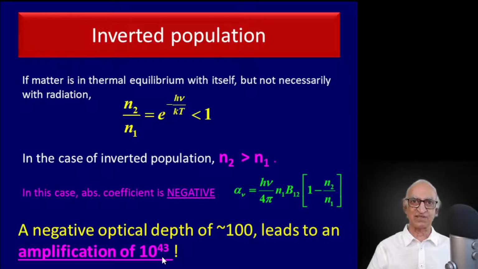In a laser or a maser, you arrange it so that matter is not in thermal equilibrium and there is extreme population inversion. The number of atoms or molecules in the upper level far exceeds the number in the lower level. This makes the net absorption coefficient negative. The optical depth is negative. Therefore, there is not absorption but amplification of radiation by stimulated emission of radiation. So that's where the name laser or maser comes from: light amplification by stimulated emission.